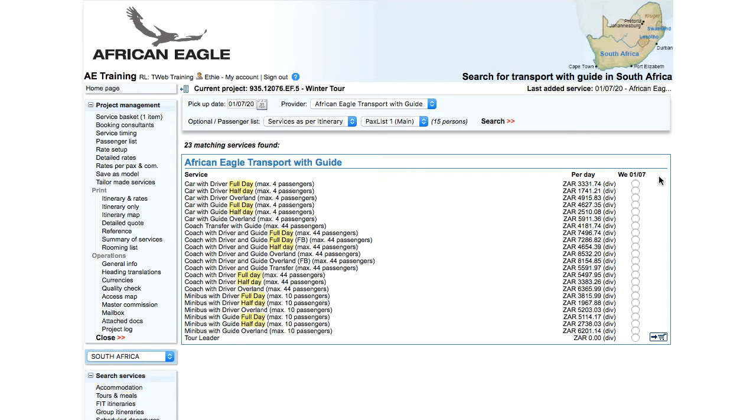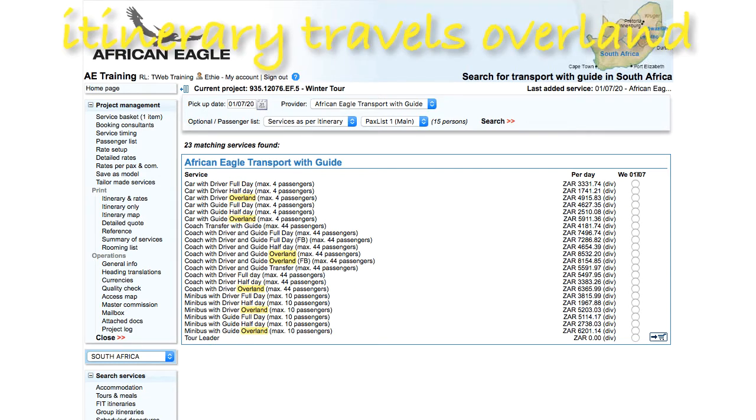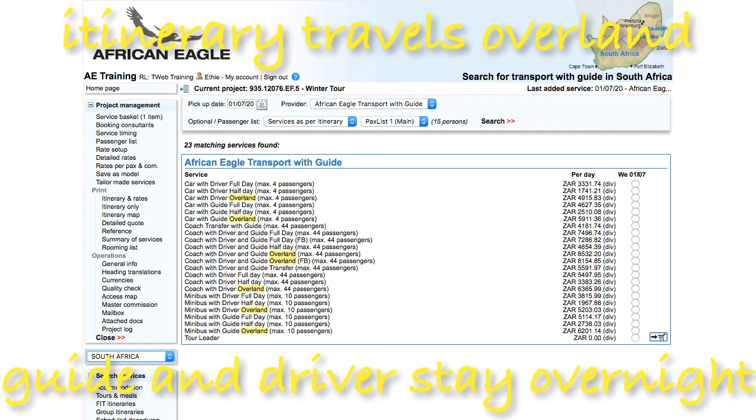One or the other of these might apply for a leg in a major center, such as Cape Town, where the passengers arrive and stay for a number of nights at the same hotel. An overland day is when the itinerary travels overland, meaning that the guide and driver don't go home at the end of the day, but rather stay with the passengers. Such days are longer than full days, both in terms of time and of distance travelled, so the cost is